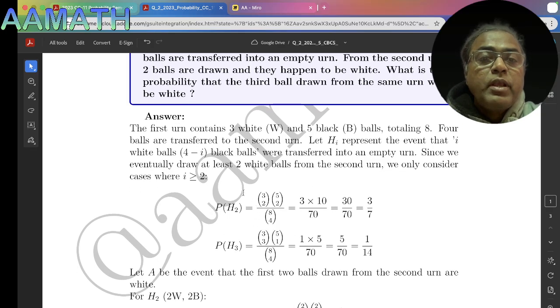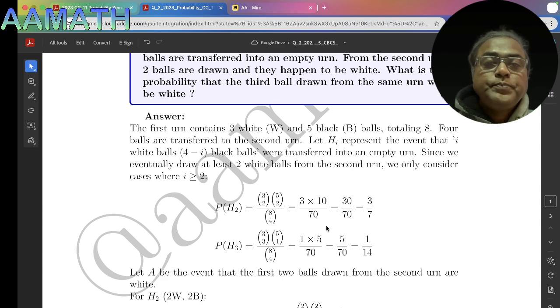So obviously, the probability of the H2 event, that is 2 white balls and 2 black balls. So there are 3 white balls. From 3 white balls, we get 2 white balls. So combination 3C2, into, from 5 black balls, we get 2 black balls, so 5C2, whole divided by the total number of balls 8. So total balls drawn 4, so 8C4. So after simplification, we get